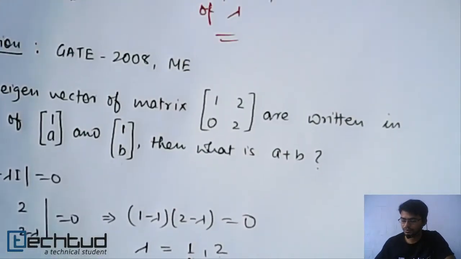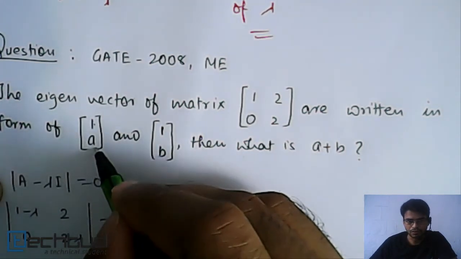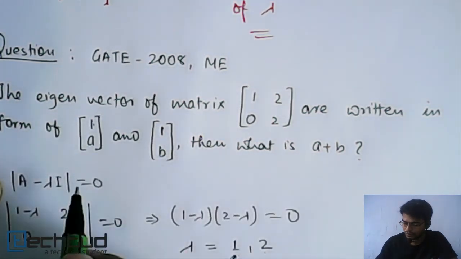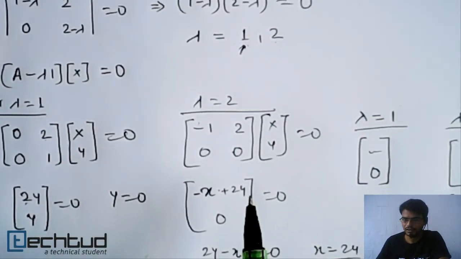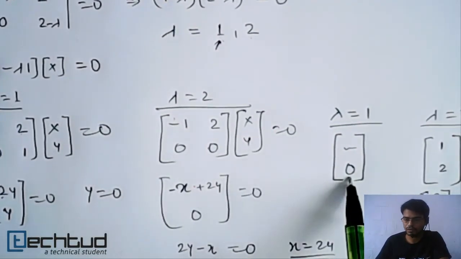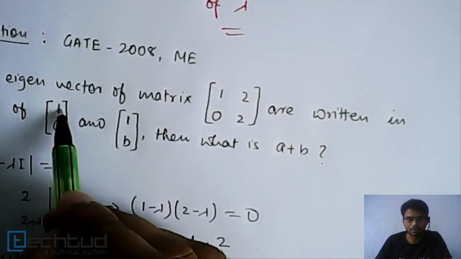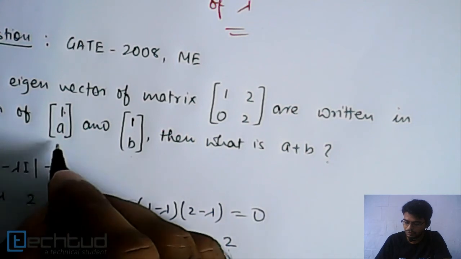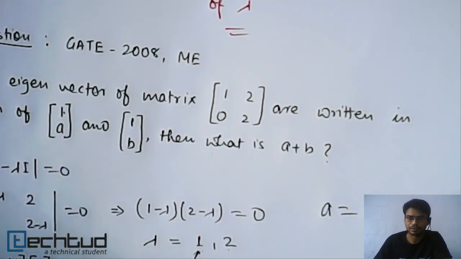The only condition is we have to maintain this relationship. Now let's come to the question. First one is 1 0. First is 1 a. As we just got here, the condition is that y should be equal to 0, this can be anything. It has taken here 1, so a will be equal to 0, that's it.